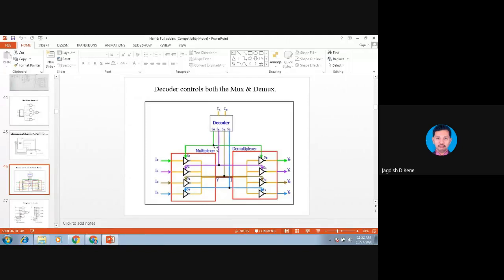This will all be connected to this buffer. All inputs are 0 and I0 is going to transfer. S0 is 0 and the remaining will be controlled by C0 and C1. So when it is 0, 0, S0 will be active high. This will be connecting I0 to the Y.